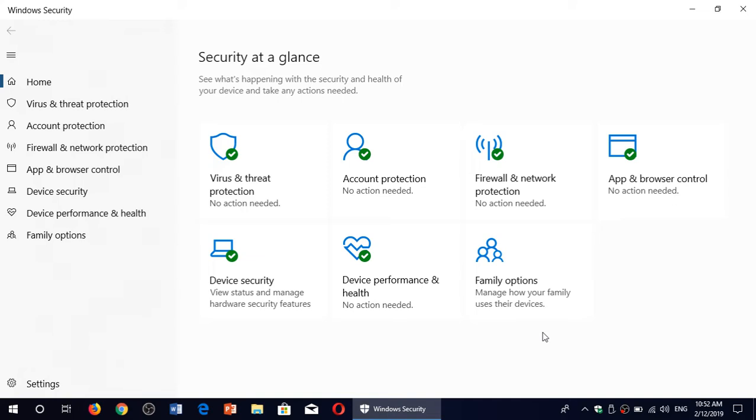Today we're going to talk about the basic security that comes within Windows 10, or that you might have installed if you're on Windows 7 from Microsoft, the Security Essentials app. All of that is pretty much the same, except that it's evolved over time. So if you're on Windows 7 and you use the Microsoft anti-malware software, Security Essentials, or what is pretty much Windows Defender, and of course Windows Security as it's called in Windows 10, or if you're on Windows 8 also, you might be wondering if that is enough or if you need a third-party